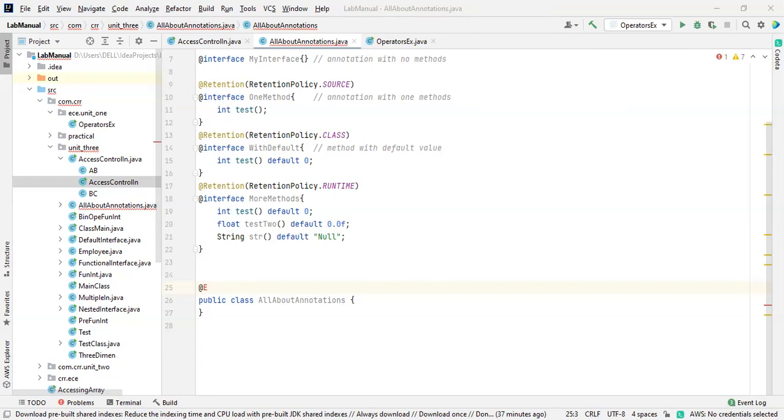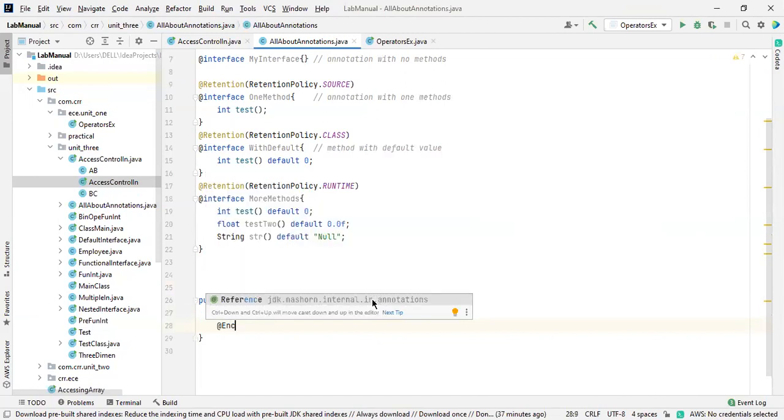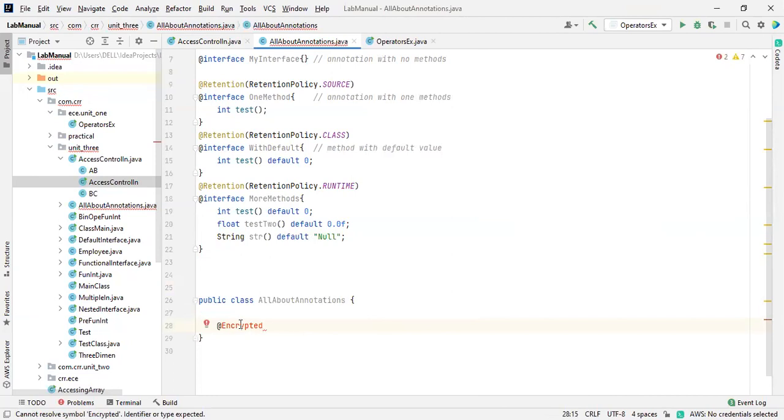That's why I told you that at the time of file managers, at the time of files, we are going to discuss this. Yes, I'm telling you how you are going to use it. It is in the sense of a file. It is not in the sense of a class. You just remember this. So we are going to use this at the time of file allocation.